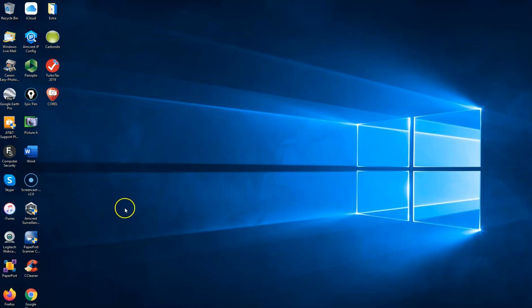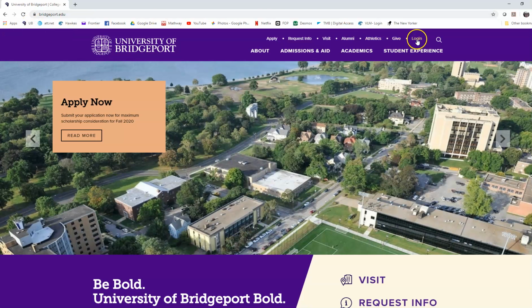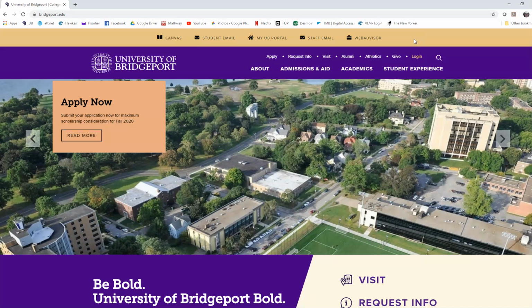This will be a tutorial on how to sign into our software. You're on a browser, open it up, go to the University of Bridgeport page, go to Login, go over here to Canvas,